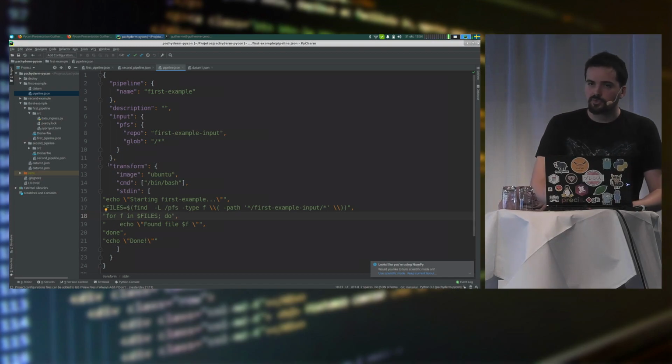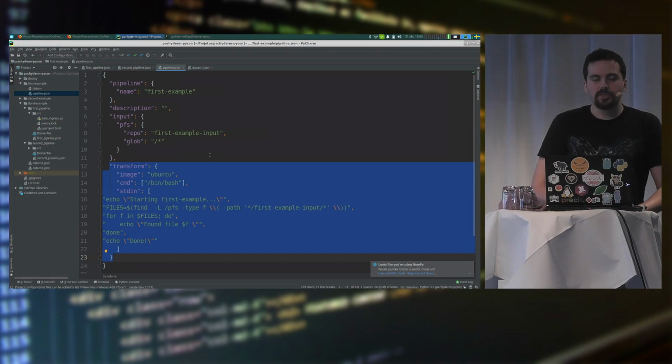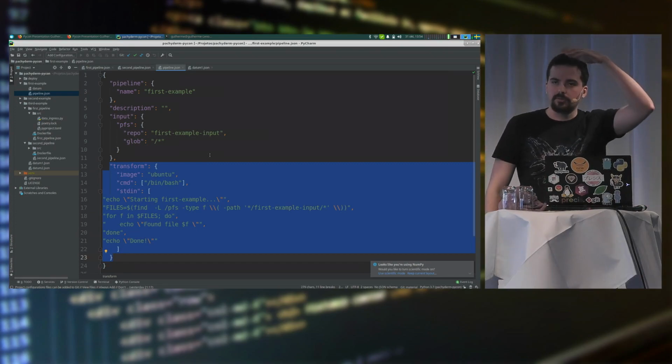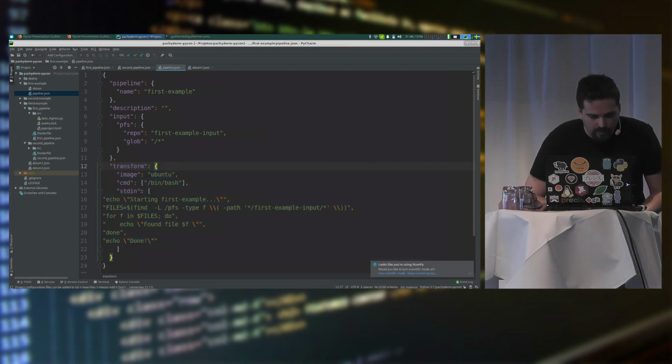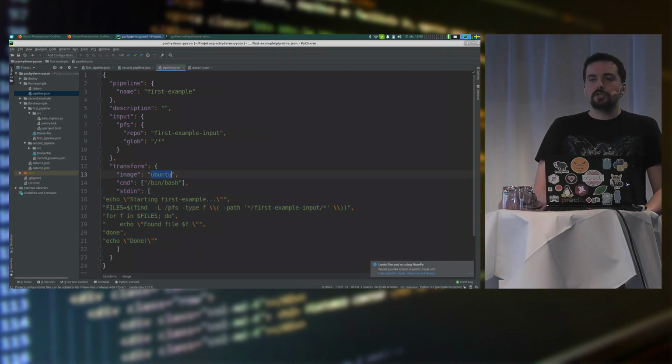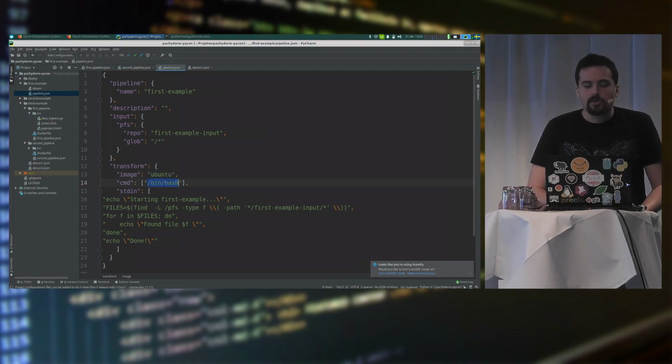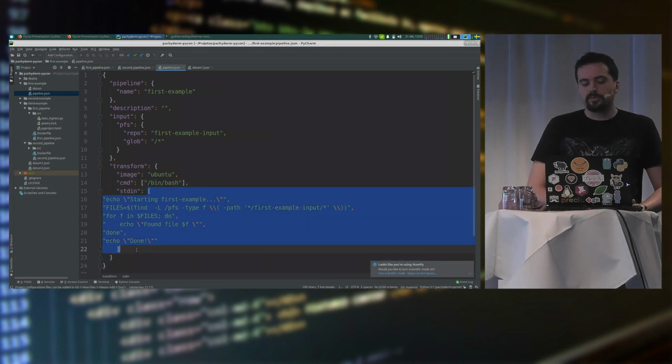Then we have this transform section here, which, like the name implies, is how you transform the data. We're dealing with a data pipeline, so you want to transform the data. You can define a Docker image here, and you can define the command. In this case, it's a command that's going to listen to standard input, so we can also define standard input for that command.